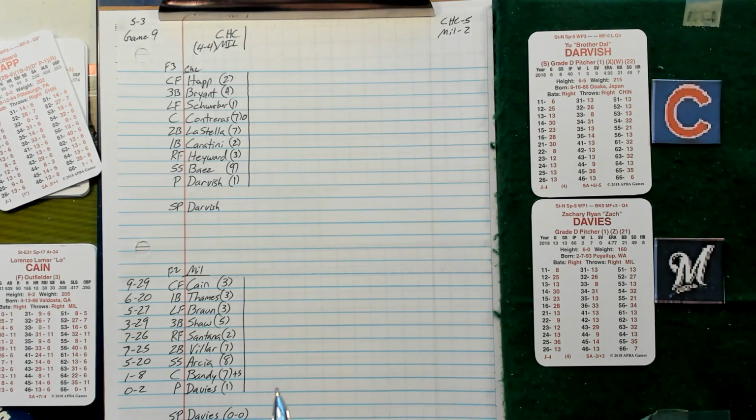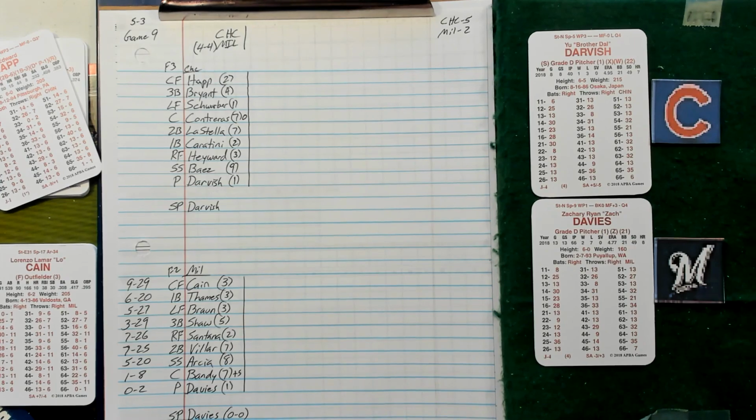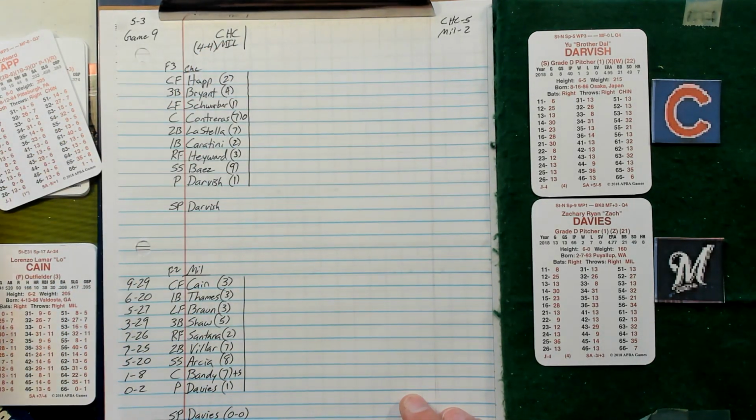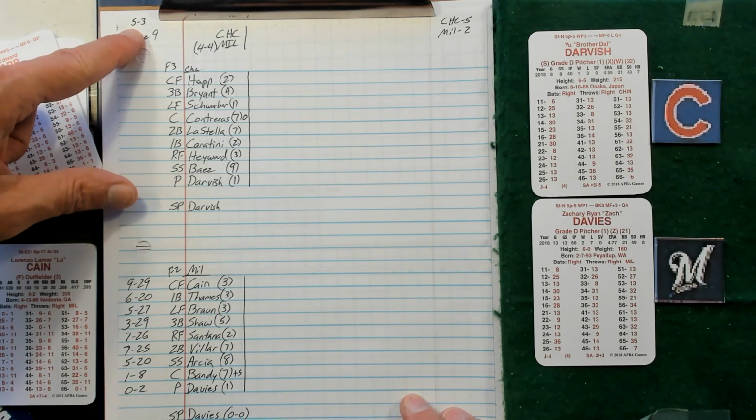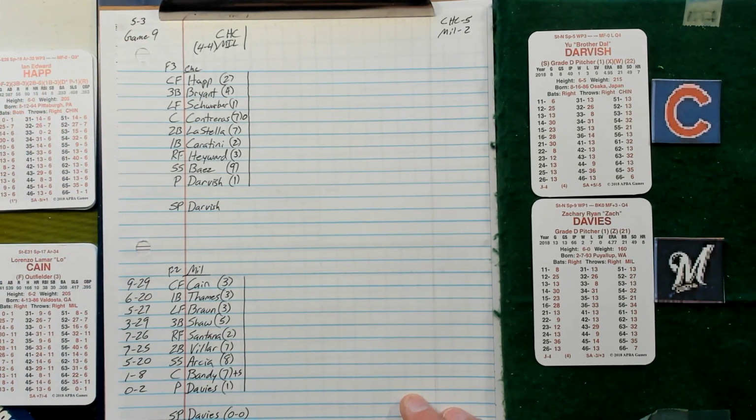Like I said, Brewers on a 3-game losing streak now, 4 and 4 coming into this one. With the Cubs, they lost it in real life 5-2. They were 5 and 3 coming into this game in real life. 4 and 4 here. So the Cubs lineup, it's going to be Happ in center, Bryant at third, Schwarber in